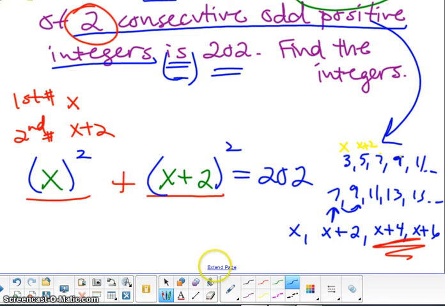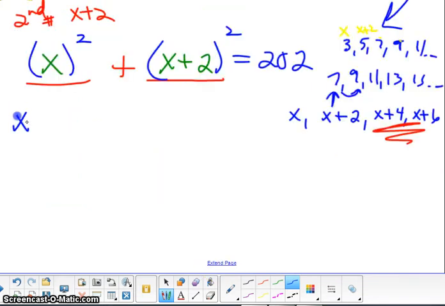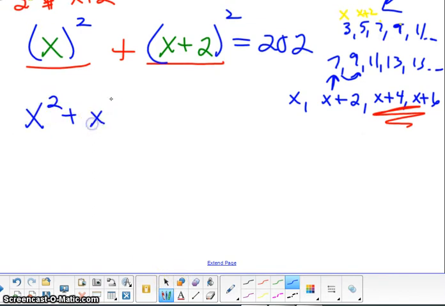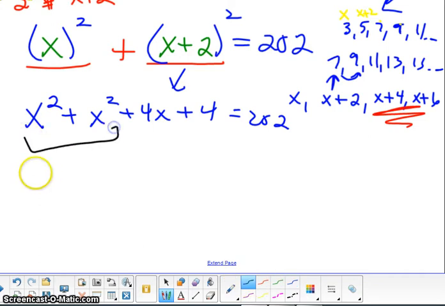So with this next step, we're going to do combining of like terms and foiling. Alright, sorry about that. And then x squared plus 4x plus 4 is what you get when you multiply the binomial squared, and that's going to equal 202. And we can't solve this or factor this until we get everything set equal to 0. So with combining like terms, that's going to be 2x squared. There's nothing to go with 4x squared, and then we're going to move the 202 over